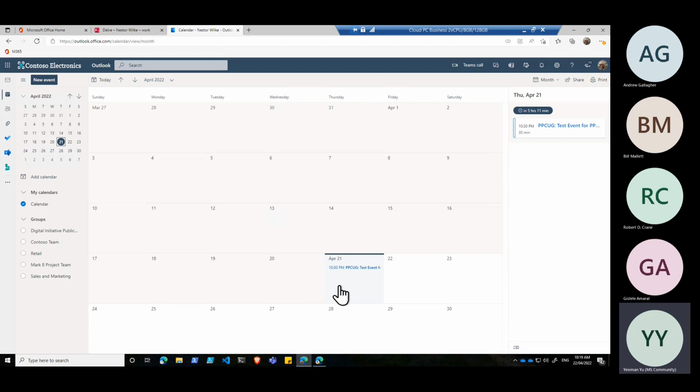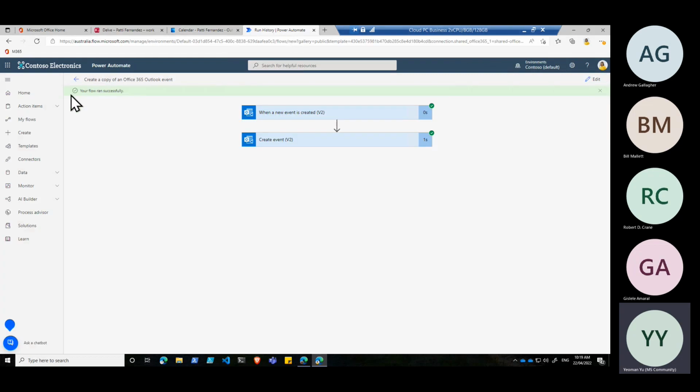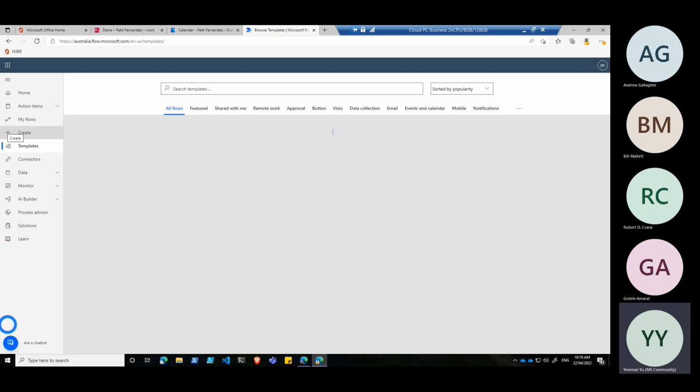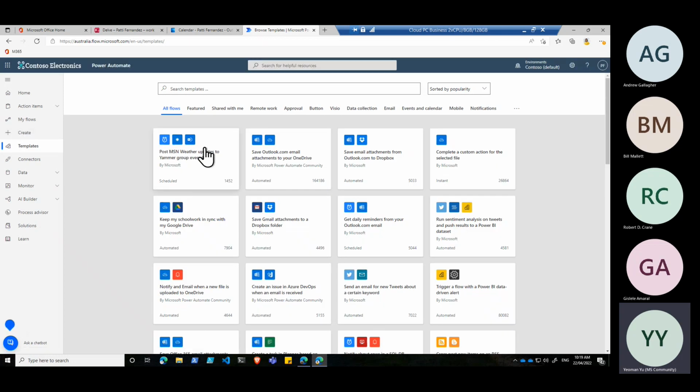So there's a lot of extensibility you can add on to this, but the power here is that all we did was start with a template, and it's a very simple template that already exists, so that you can actually adopt this yourself. It's a really good way to start getting into Power Platform, using Power Automate with simple templates.